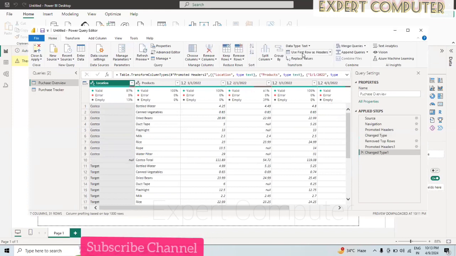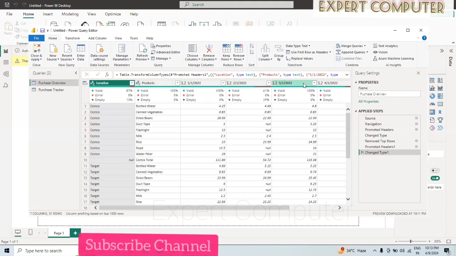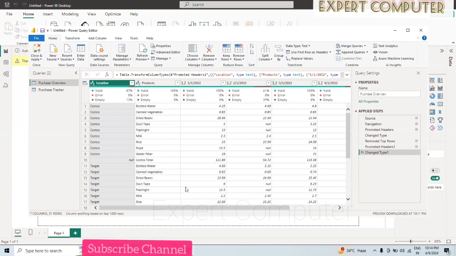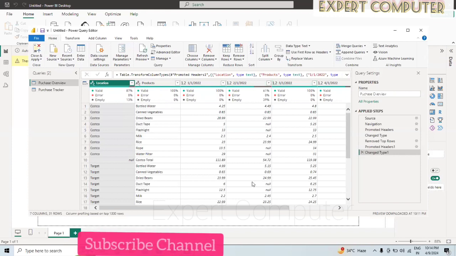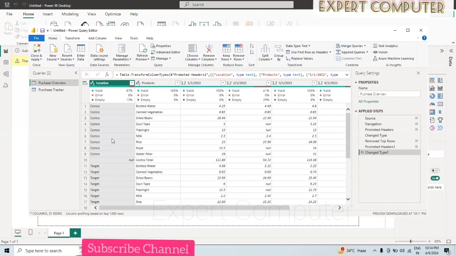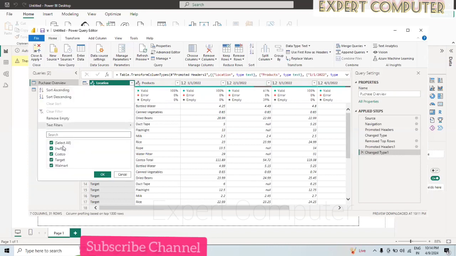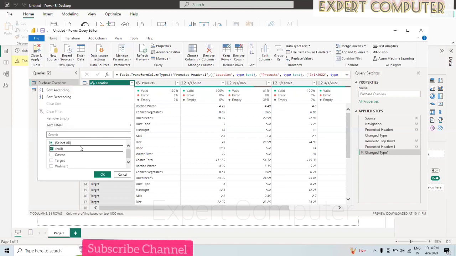Now here we have the data loaded, but what we are seeing in the values, right? Here we have the date items as a header, but we don't want to keep it this way in our data set. So instead of that, I just wanted to make these dates in a single column, and then the values against them, right? So for that we'll convert this, but before doing this, let me see how many rows here